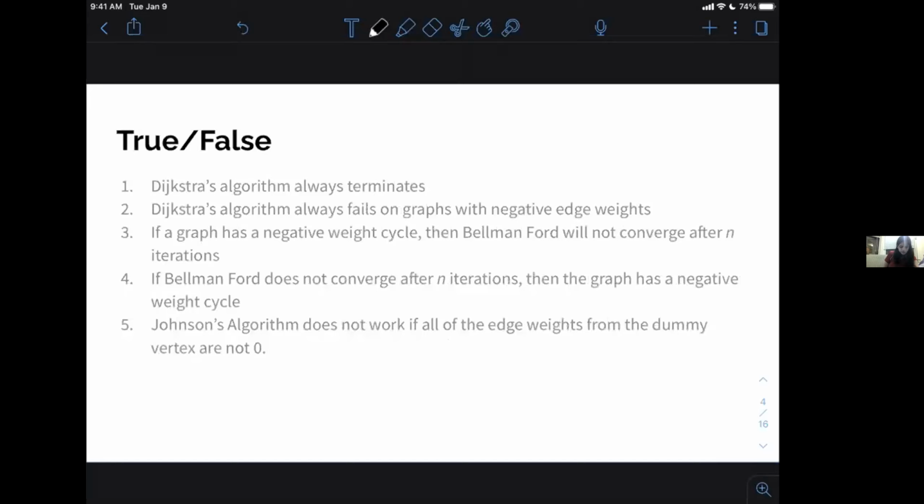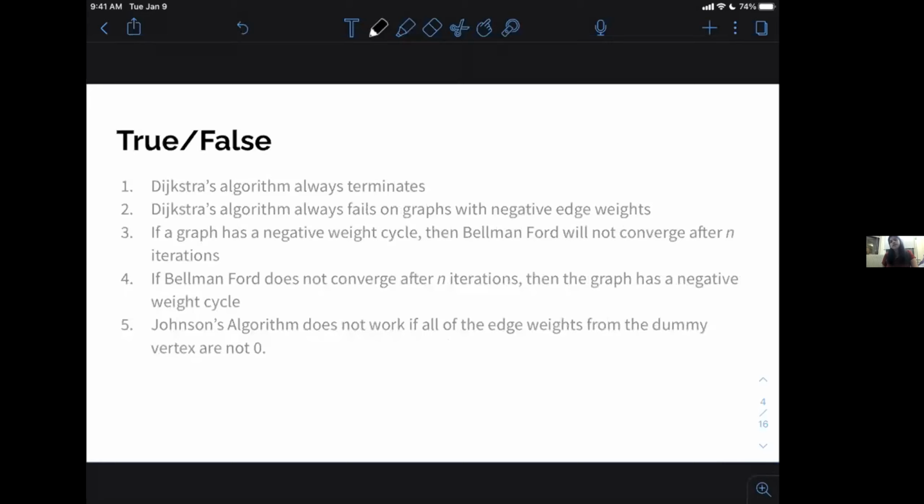All right, next question. Does Dijkstra's algorithm always fail on graphs with negative edge weights? Yeah, it doesn't always fail. Yep, it depends on the order you visit in. Yeah, a one-edge graph is a very simple counterexample. You can also think of counterexamples which have multiple paths between vertices,